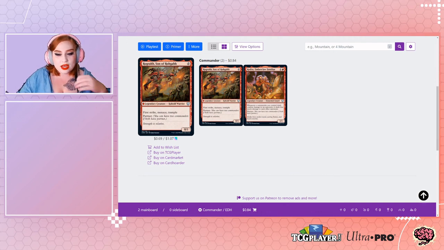As always, I am your host, Chase, and today we are going to be building Rograkh and Kediss, which are two lovely and amazing partner commanders from Commander Legends. I'm still on a Commander Legends kick, and currently we aren't really having...